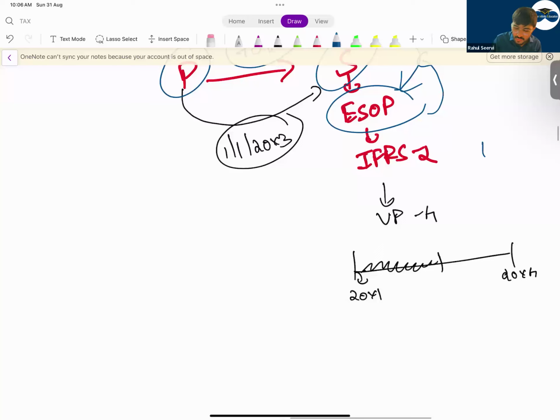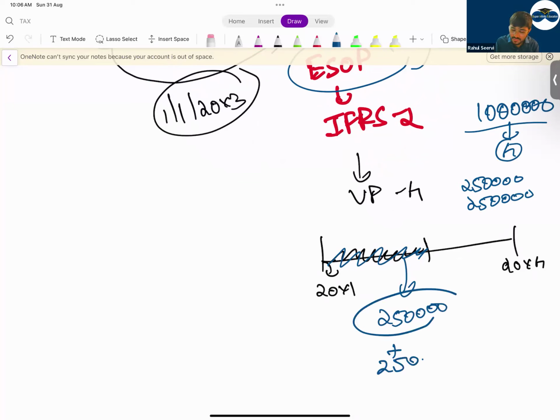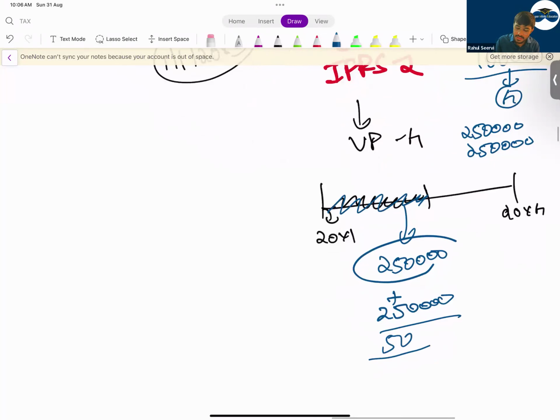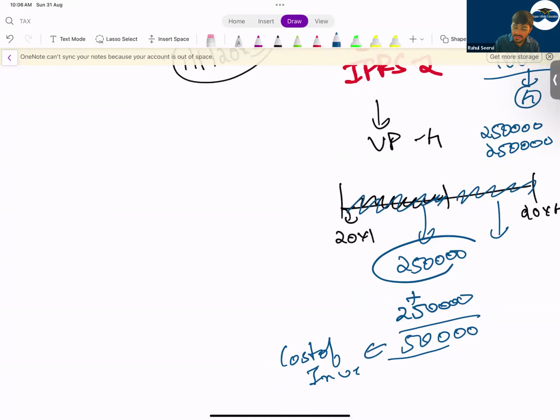In that case, say the fair value of the ESOP is 10 lakh rupees for 4 years. What should Reliance do? Whatever this is, it is for 4 years. So can I say for each year it will be 2,50,000? For the first two periods, did Reliance take the benefit or Geo? Geo took the benefit, but Reliance is paying. Then this 2,50,000 plus 2,50,000 will become the cost of investment. So pre-acquisition expenses will be treated as an investment. The post-acquisition portion will be treated as a normal expense by the parent company.